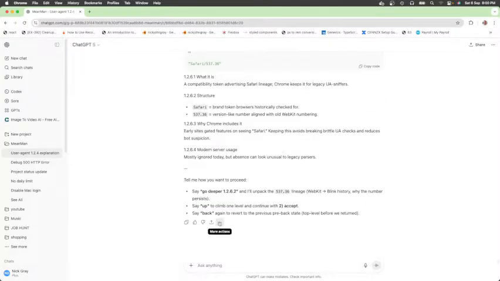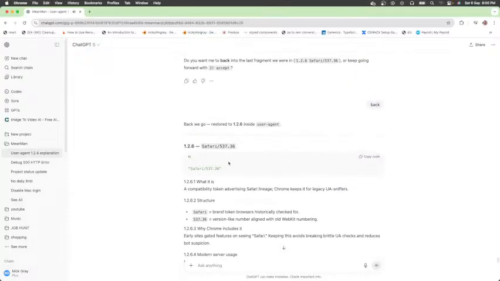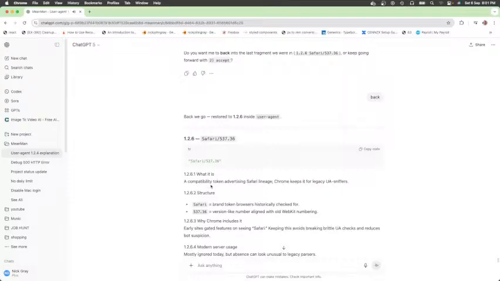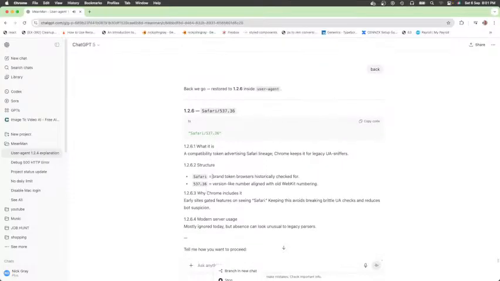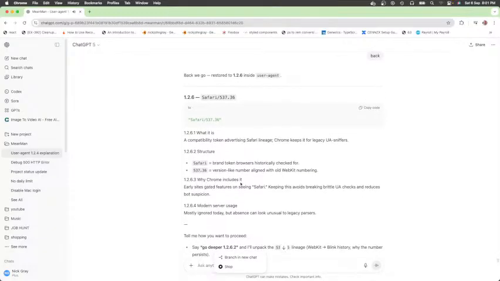Okay, let's just get it to read it out loud. Back we go, restored to 1.2.6 inside user agent. 1.2.6, Safari 537.36. You can see the code in our conversation history. What it is: a compatibility token advertising Safari lineage. Chrome keeps it for legacy UA sniffers. Structure: Safari equals the brand token browsers historically checked for. 537.36 is a version-like number aligned with old WebKit numbering. Why Chrome includes it: